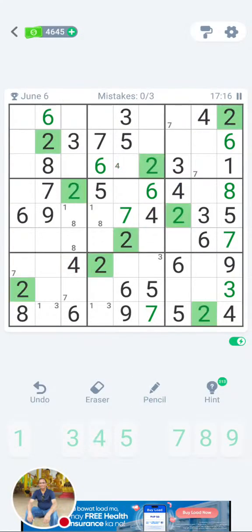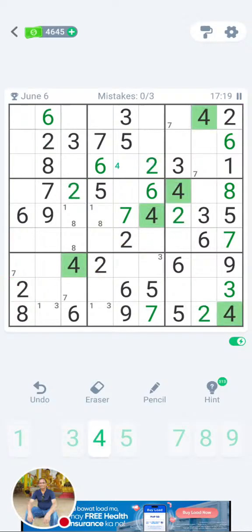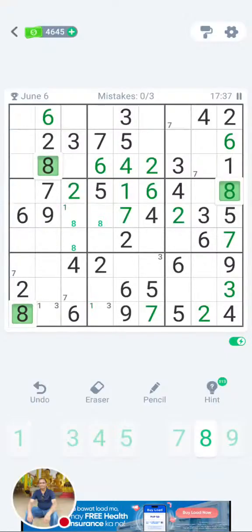In that row, there is already 1 and 8, so I can only put 4. If I come down, I can put 1 or 8, but there is already 8 in that line, so I can only put 1. And therefore 8 will come down in this bottom line, because 1, 4 and 8. So I finished the full vertical row.